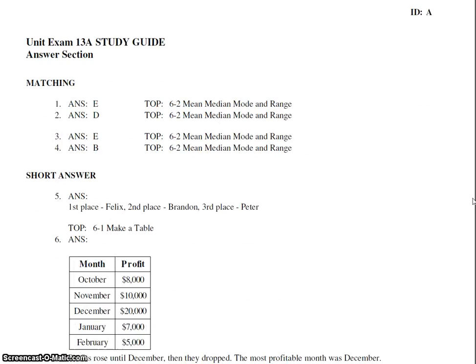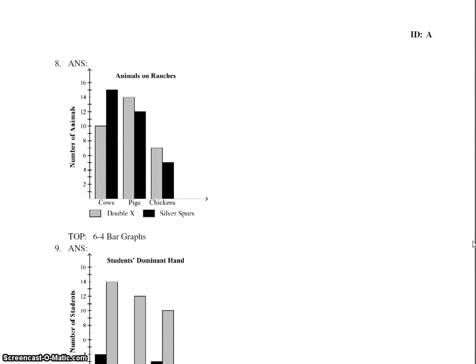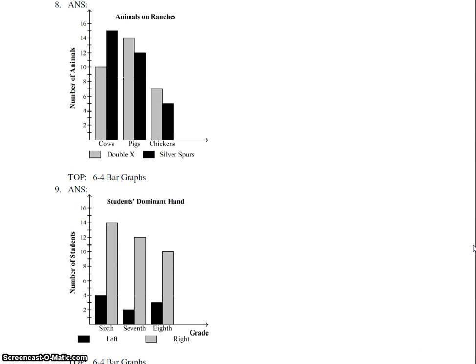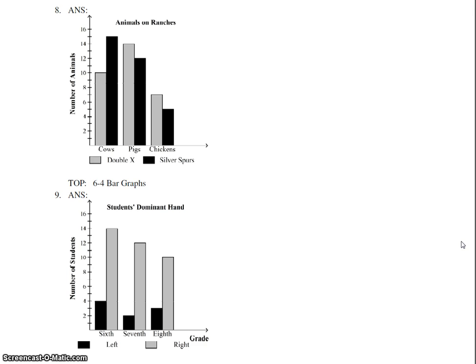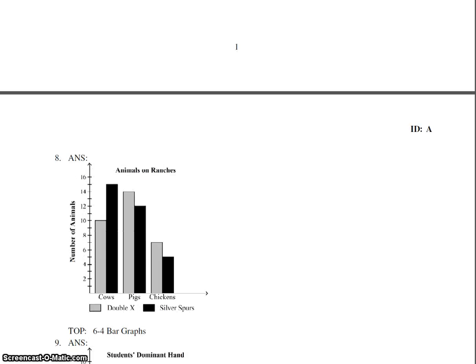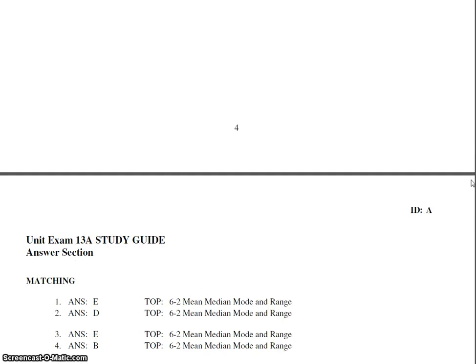Okay. Here are the graphs for 8 and 9, so you can see what they look like. Remember, on a double bar graph, your bars actually touch each other for each of the items at the bottom, but all the bars do not touch. Scoot back up here